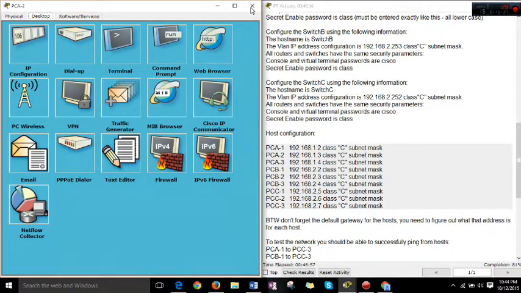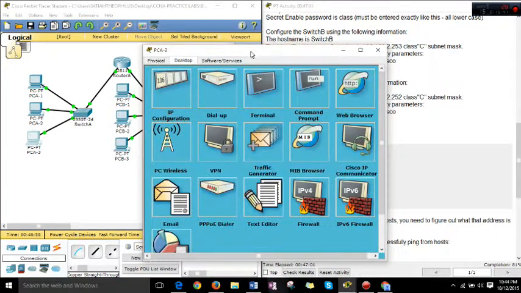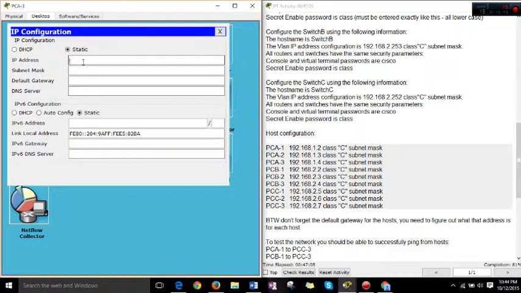That is correct. Close that, pop this open, and move this to the left. IP configuration: 192.168.1.4, and 192.168.1.254